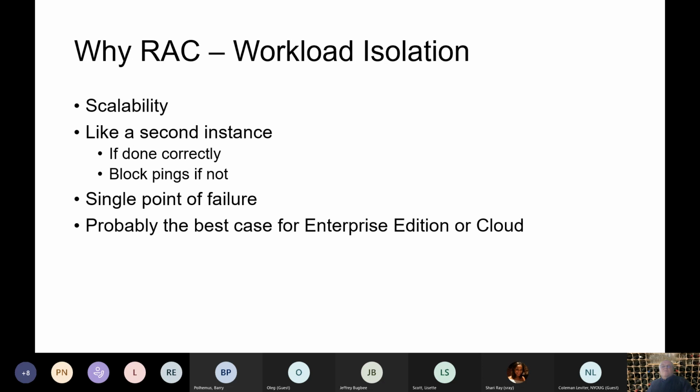It can be like a second instance of Oracle. Of course, you're paying for it. You're still paying Oracle for the privilege of using RAC and for that second instance. And if you do it correctly, you're going to avoid the dreaded block pinging. Oracle has done a lot to improve that in the last releases of their product, and in 12c in particular, they did a lot to RAC to make it more efficient and less likely to ping or move blocks between environments. Block pinging essentially is a situation where instance one writes a block and updates it and keeps it pinned,